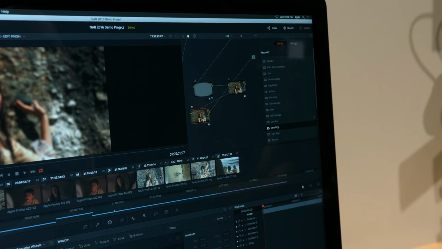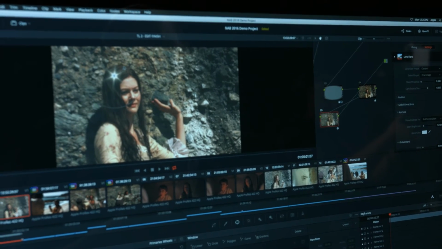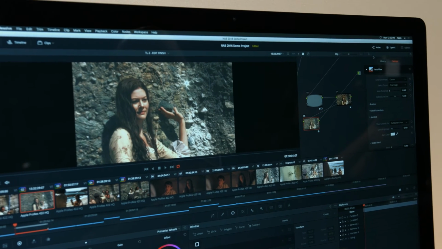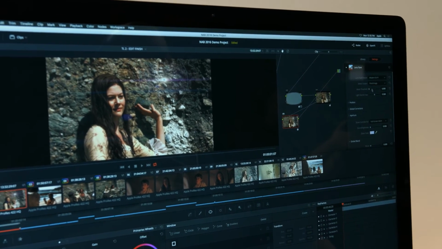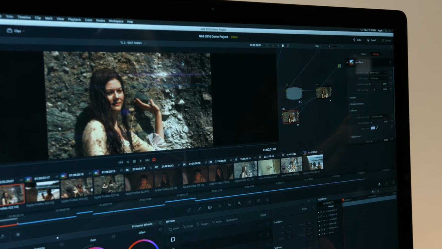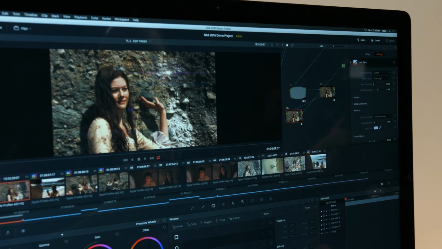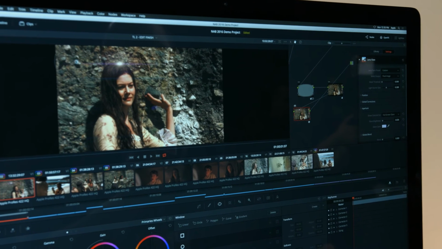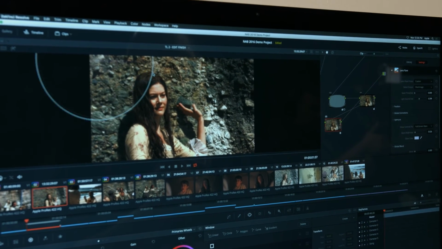And my other favorite is lens flare. Now that we have lens flares, we have a whole different bunch of presets. I'm going to go ahead and select Modern Sci-Fi. I will make it a little bit smaller. You can adjust the size here. And what we can do now is actually take advantage of our single point tracking system. So if I want to add a lens flare right in the top corner of the clip right here,